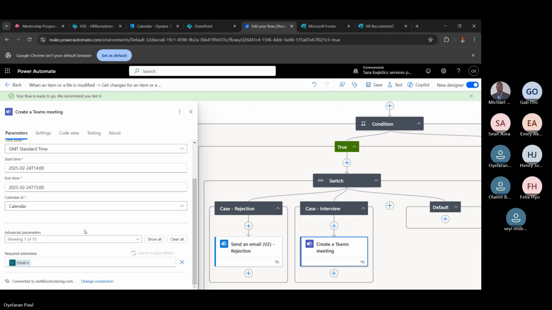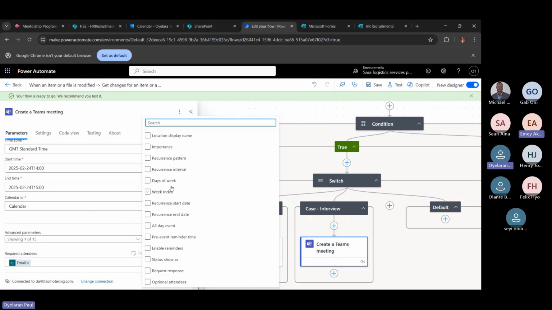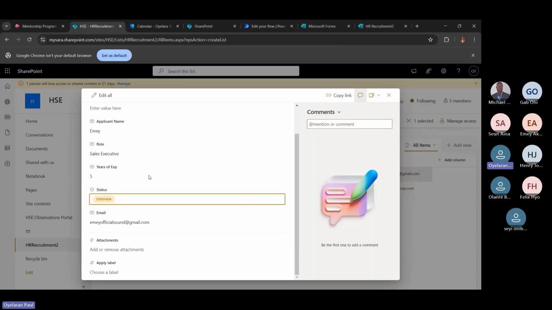Okay. Let me also check the calendar. I think I got it in the calendar. Yeah. Is it not Emion? Yeah, it's Emion. Do you see it? You should be scheduled for it, but it might change the time based on your location. I don't know if you are in Africa or something like that. But you should receive the